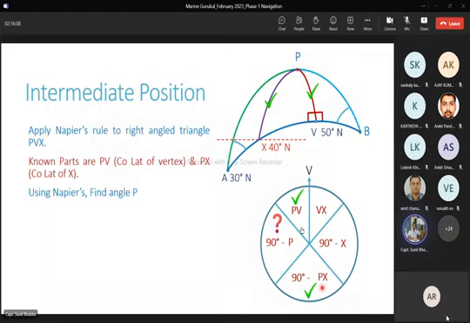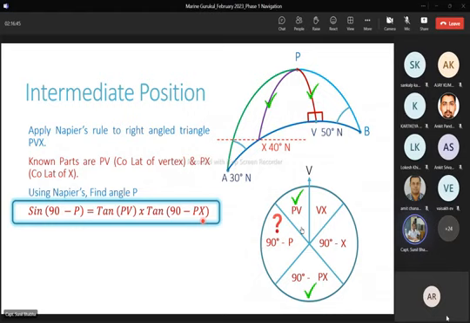Now using the Napier's rule, we find out angle P of this triangle. So you can see a question mark coming up here at angle P. Applying the Napier's rule, you see 90 minus P becomes the middle part. Papa Victor and 90 minus PX become adjacent parts. So Napier rule gives the relationship: sine of middle part 90 minus P is equal to tangent adjacent part 1, tangent PV, into tangent adjacent part 2, 90 minus PX. Right hand side PV and PX are both known, so by putting these two values we can easily obtain the